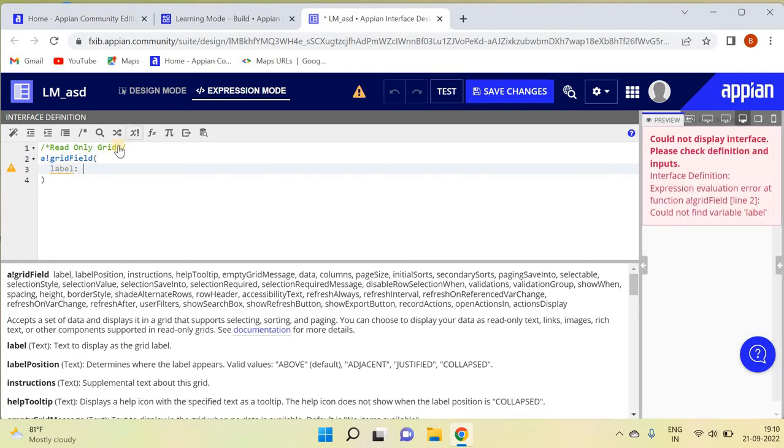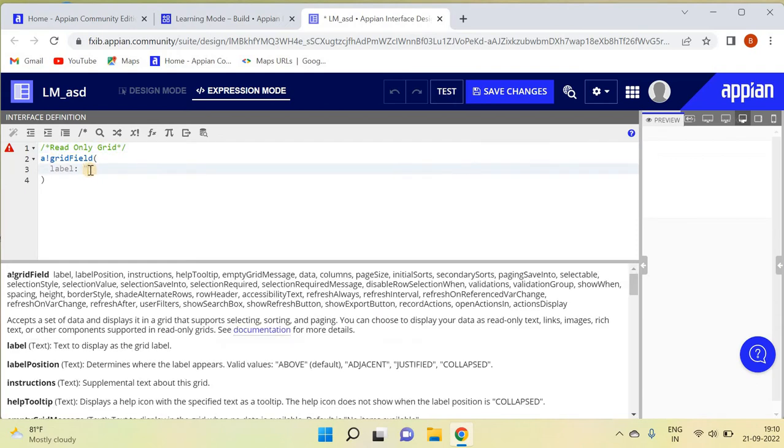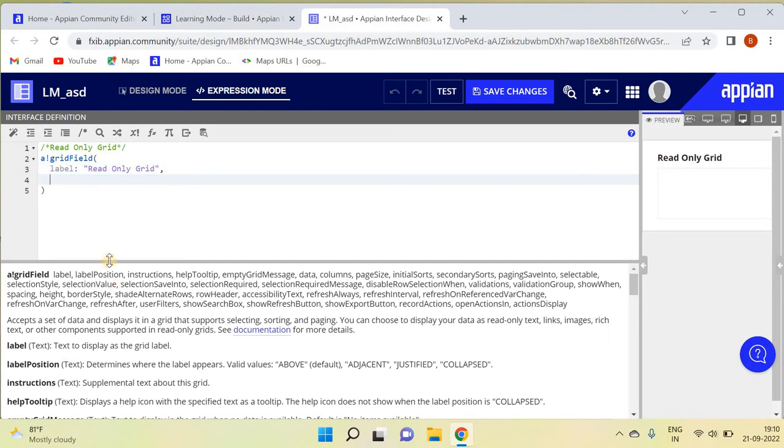The label name I'll be writing is read only grid. That is for learning purpose I'll be doing. Then comma. Then the next thing is label position. You can come over here, and if you want to check what the label position is, label position should be above, adjacent, justified, or collapsed. By default it is above. So let's say it is adjacent. I'll be writing